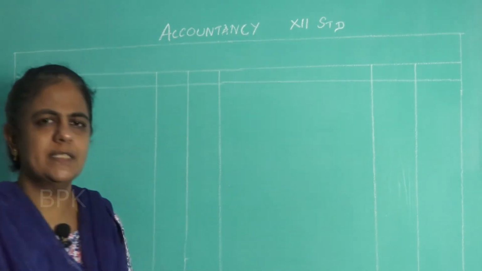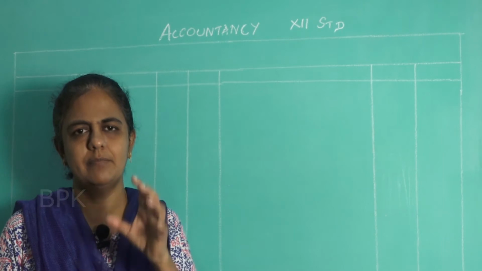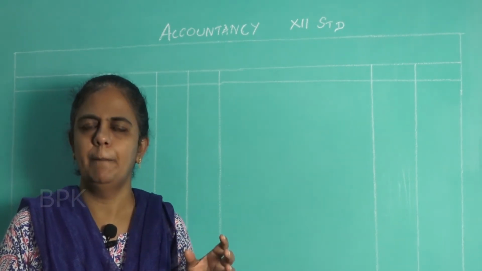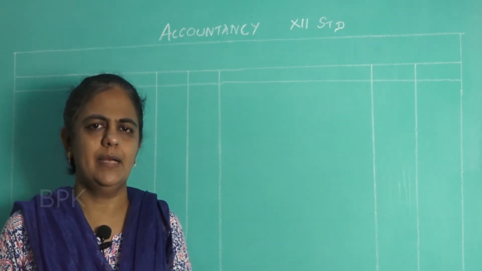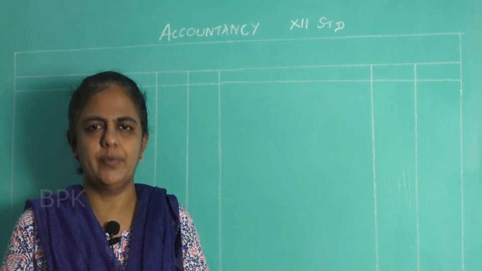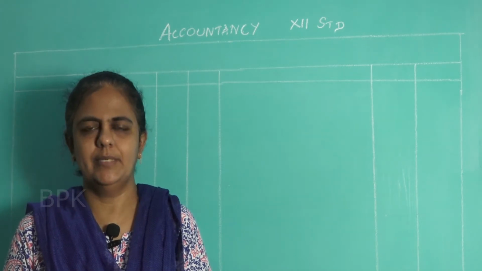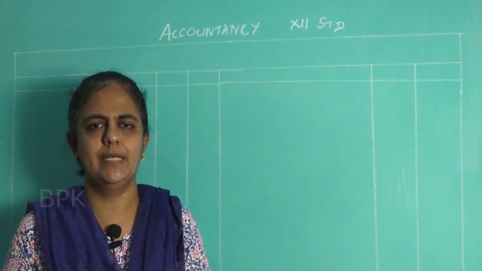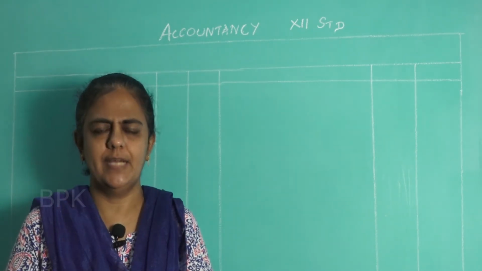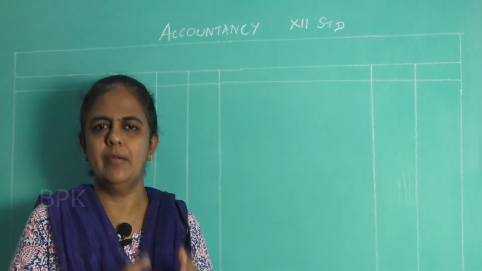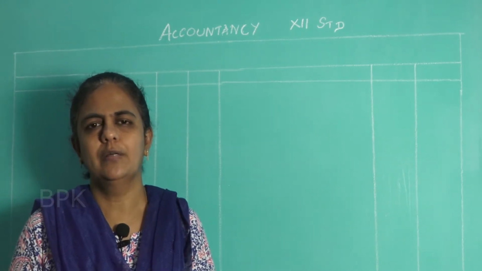So what is the statement of affairs? It looks just like a balance sheet. It resembles a balance sheet, but it is not reliable like a balance sheet. A balance sheet is reliable, but the statement of affairs is not. The statement of affairs is prepared to calculate the capital at the beginning as well as the capital at the end, but here we are going to find out only the capital at the beginning. So how to calculate this? You have to take all the balances of the assets at the beginning and all the balances of the liabilities at the beginning. The assets minus liabilities will give you your capital.